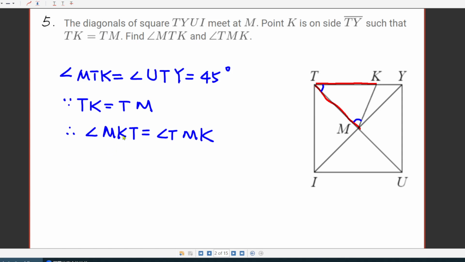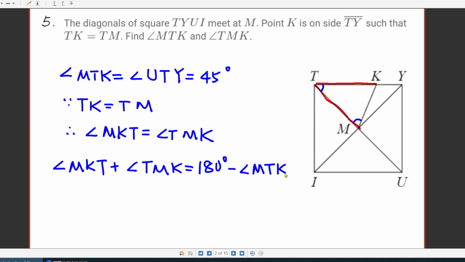And in triangle MTK, we have angle MKT plus angle TMK equals 180 degrees minus angle MTK, right? Which is 135 degrees. Therefore, we know angle TMK is 135 degrees over 2, which is